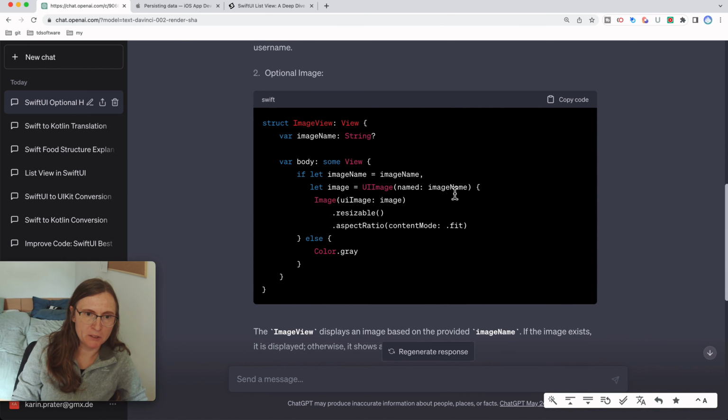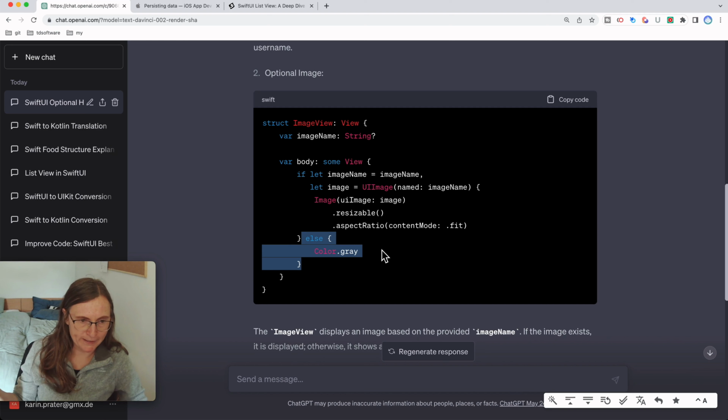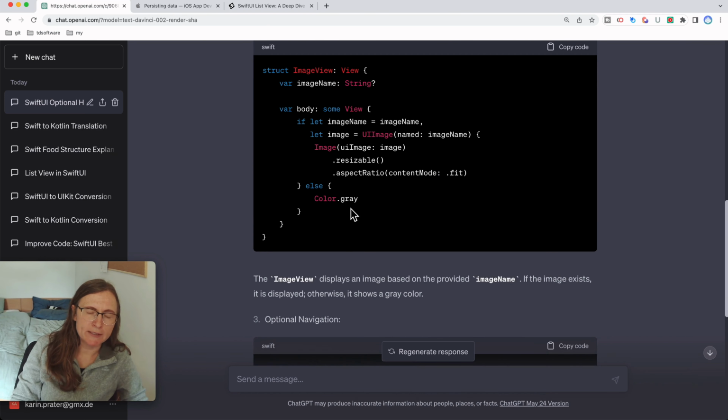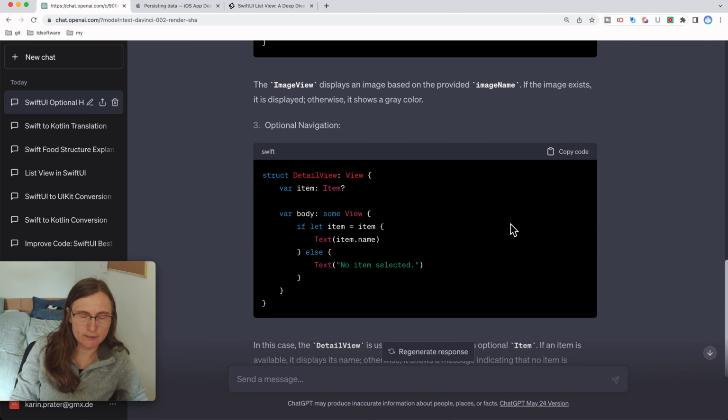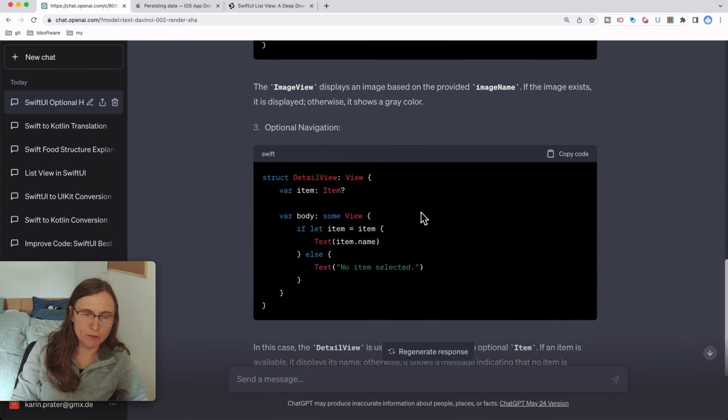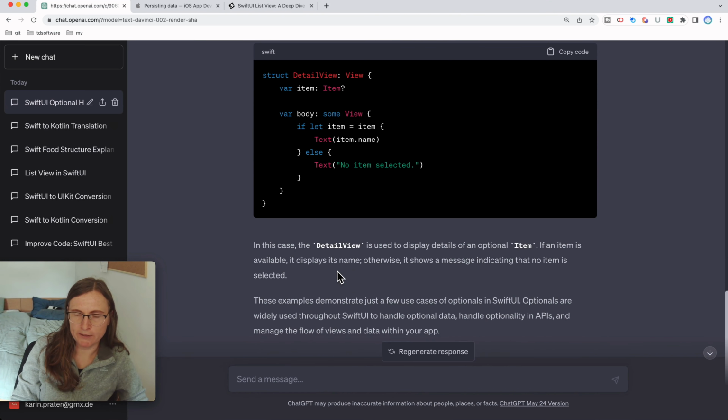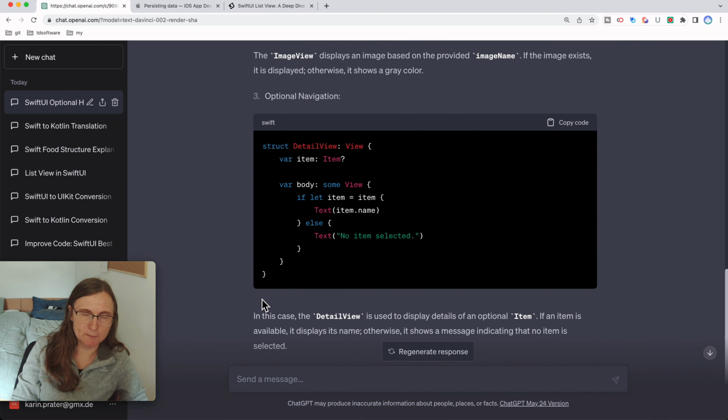This is a good one with the optional image, because if you specify the image name and it doesn't actually exist in your asset catalog, then nil is returned. Instead of displaying nothing, we can add a placeholder. This might not be the best example for an actual app, but it's a good illustration of why we have null values. Optional navigation, yes, it's also used a lot in navigation. In this case, because I asked for multiple examples, you can then ask it to expand on one of them more,